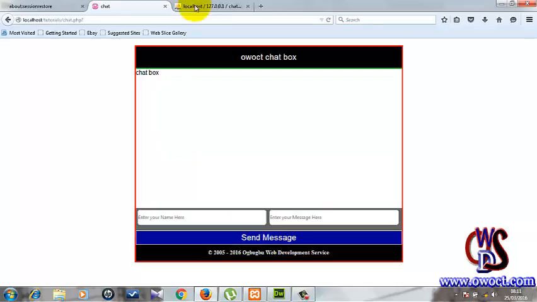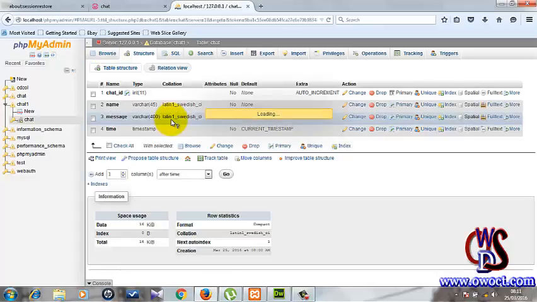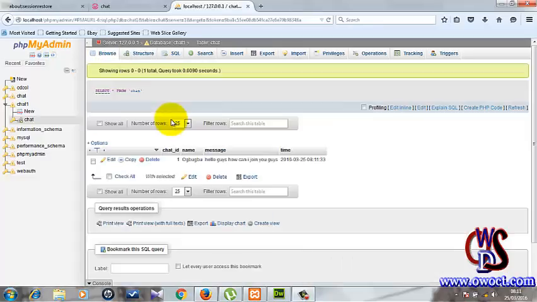There we go. So let's check if our data was sent to our database by clicking on the browse button. Here we go. Our data was sent, and this is the ID that was assigned to it, ID 1, the